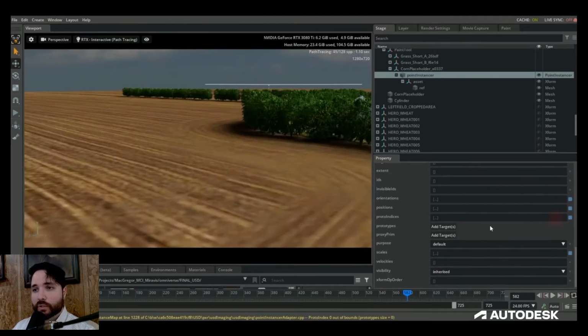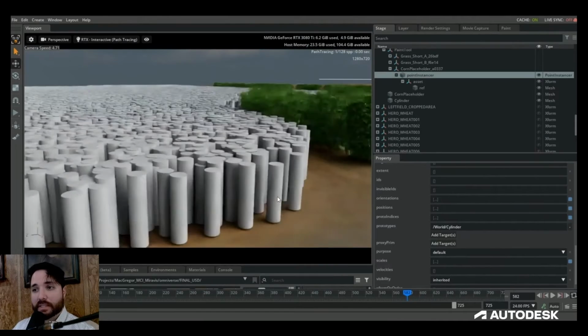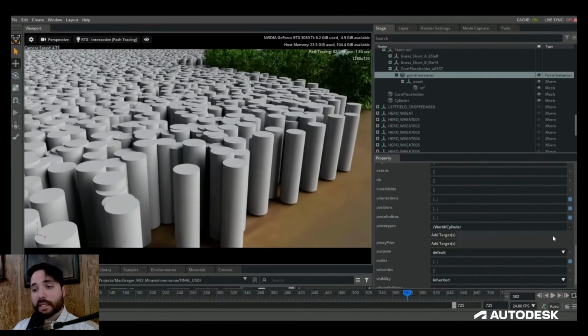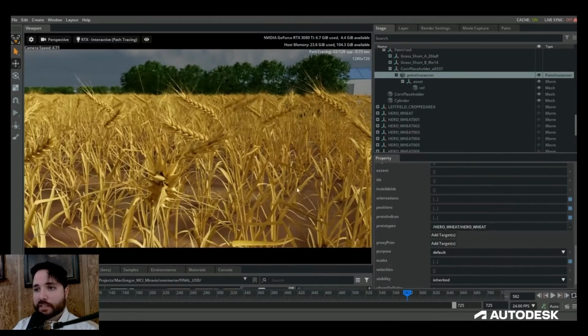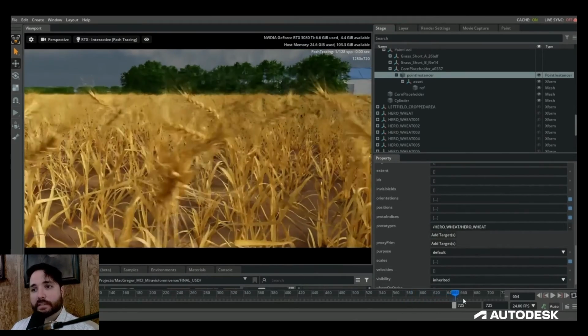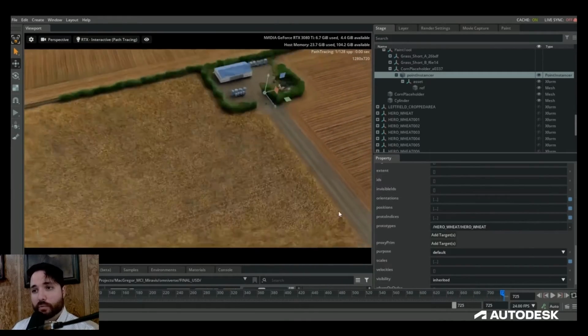Using this workflow, you can quickly test and iterate your instances, and when it generates, you can see literally millions of animated instances being displayed in real time, with virtually billions of polygons. You can also easily swap out your models as needed. So for example, with cylinders or whatever you want for a quick, non-destructive workflow.